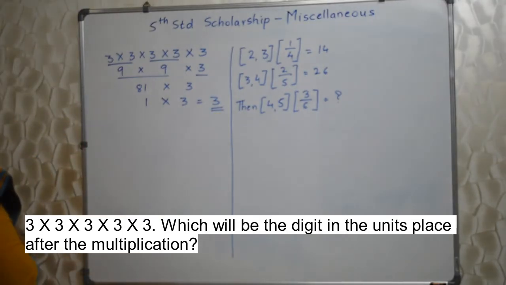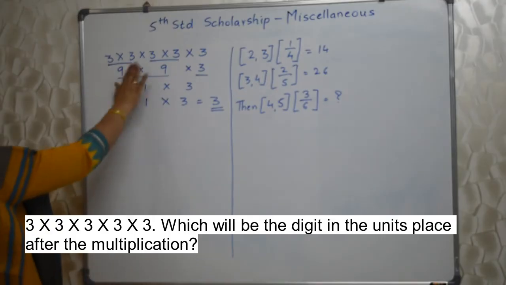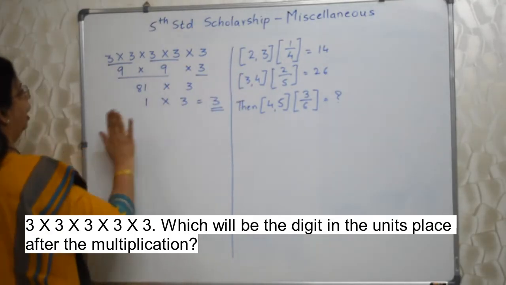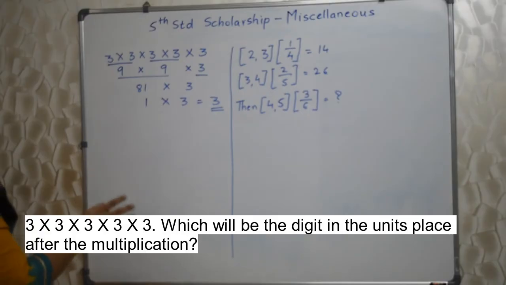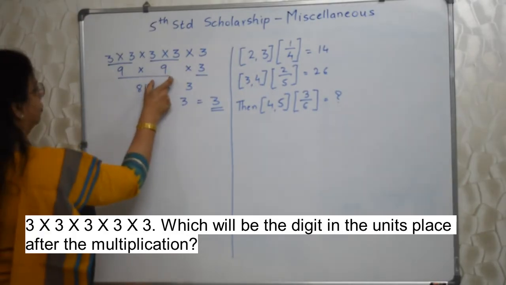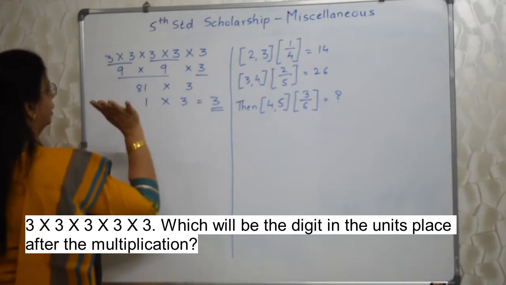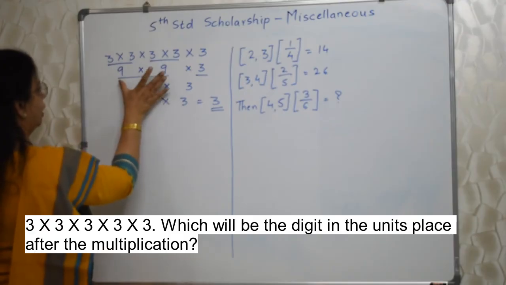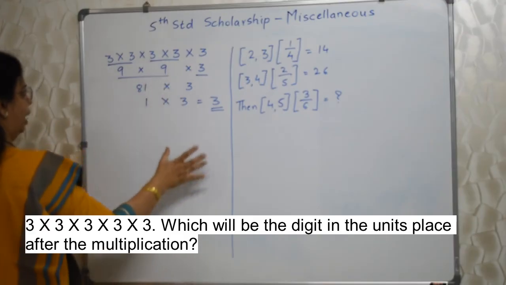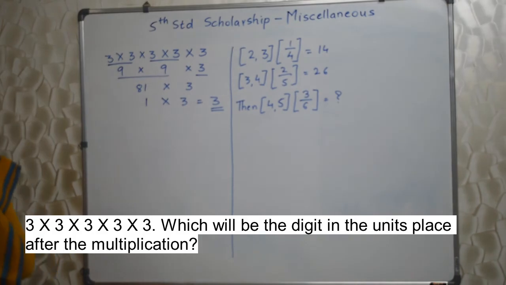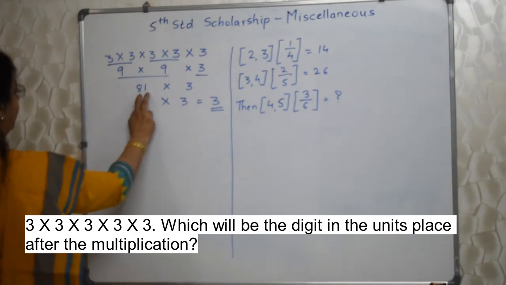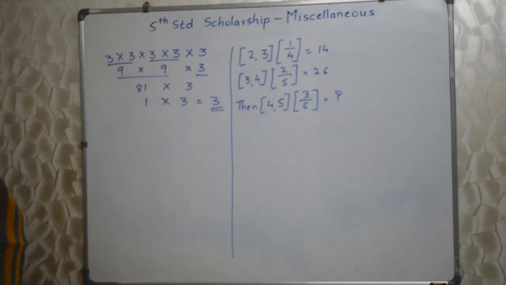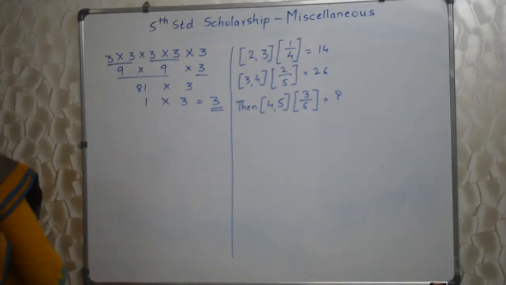Isn't it easy? I did not multiply. Have I done multiplication? No. I have not done any multiplication except this small one. I have not done this entire thing. Only small. And then again a group of 2 and I continued. Right? And when it became 2 digit, take only the units place. Okay. Let's move ahead.